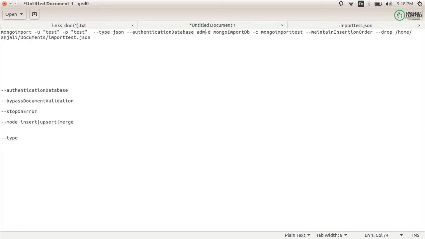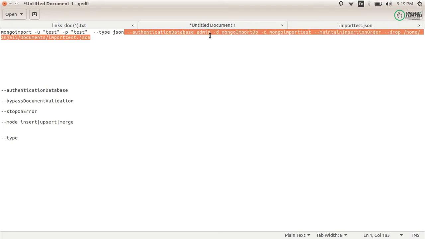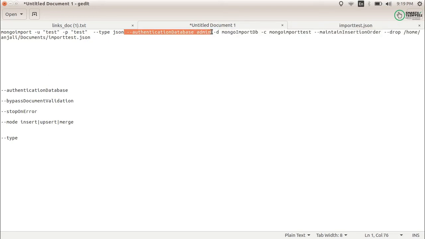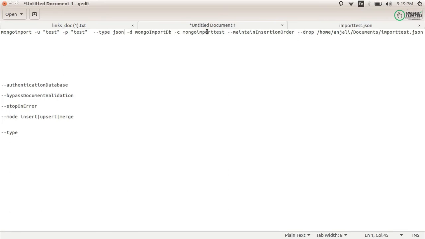Maybe your user has been created in the admin database and has access to this database. In this case, you have to use the authentication database, and this is the name of the authentication database. My user has not been created in another database, so I am not using this.